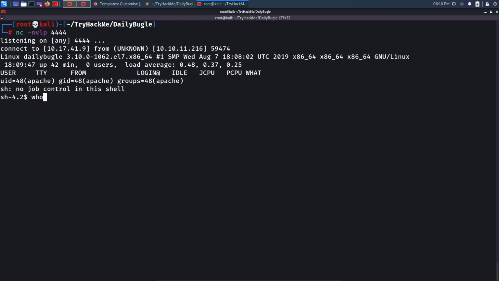So if I type in whoami, I am the Apache user. So now I need my privilege escalation stuff. I have successfully gained initial foothold. So for the privilege escalation, I will start first of all with upgrading my shell to a fully interactive TTY shell,